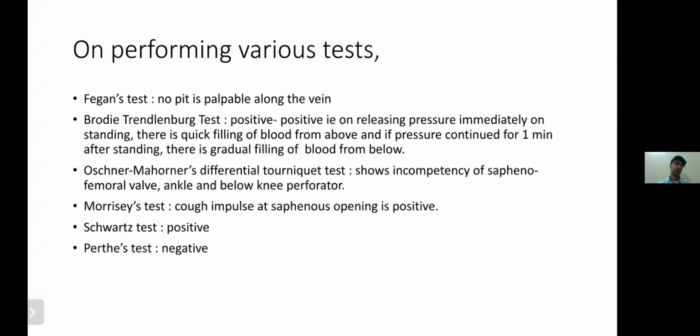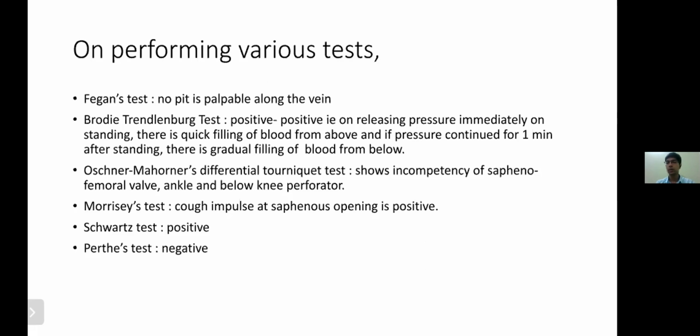Okay, so the standard question, as a lot of cases have these days, a lot of things are either done or not done. In this case, we have a lot of controversies about whether to do the tourniquet test or not. If you ask me, it's a controversial thing, so a variety of examiners may say a variety of things. You should not do any test. A lot of examiners may ask; at maximum, if you want to do one, you can do the Brodie-Trendelenburg test. Do not do any other tests. They're not required. You should know the terminology and how to perform the tests.